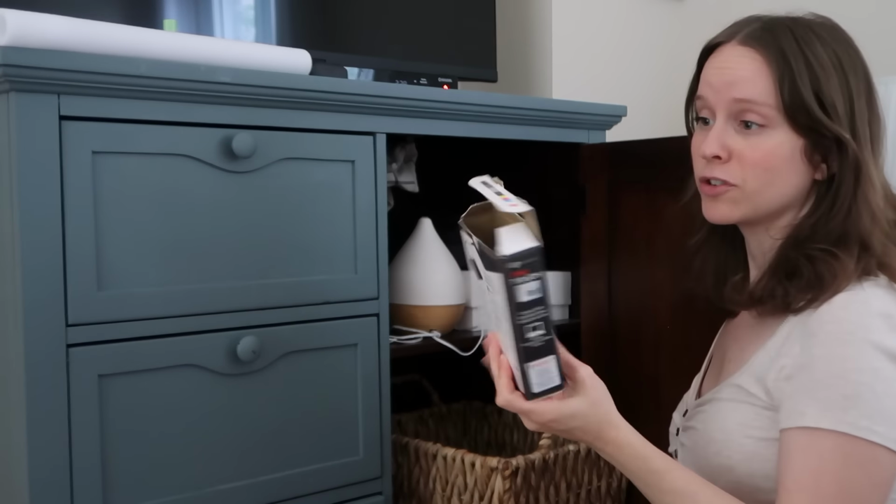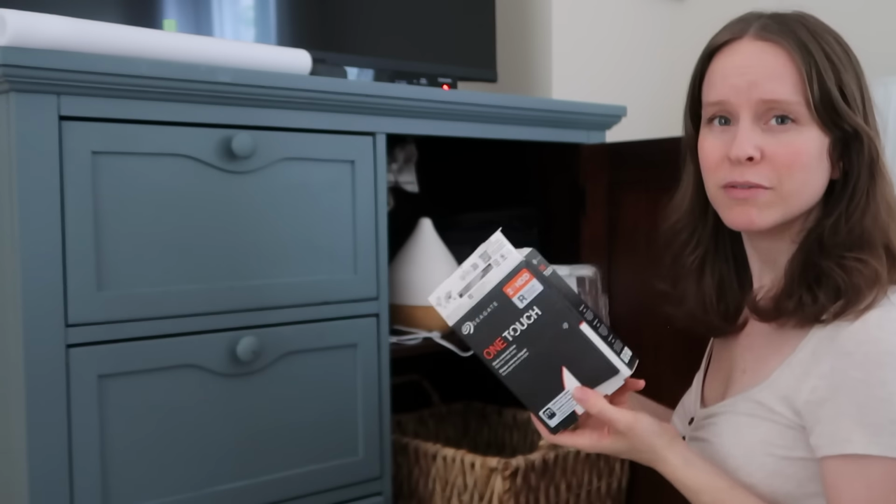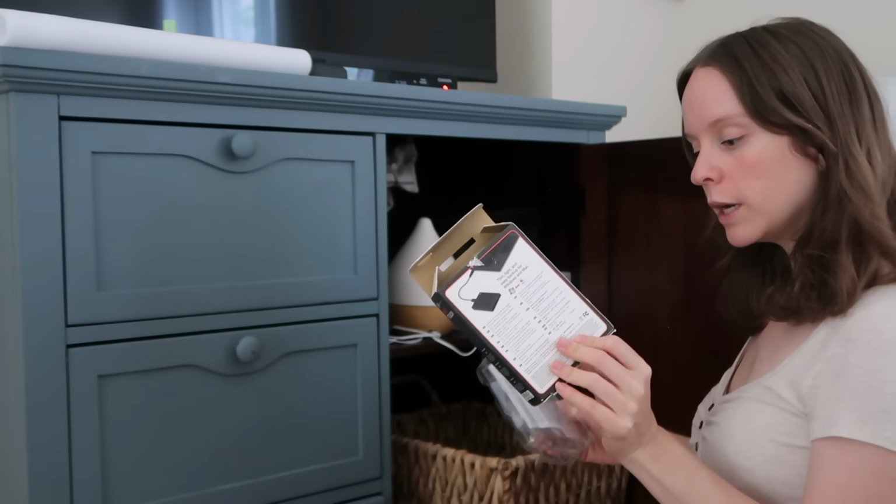This is the package that I've, for some reason, held on to for my external hard drive. I'm pretty sure I don't need...